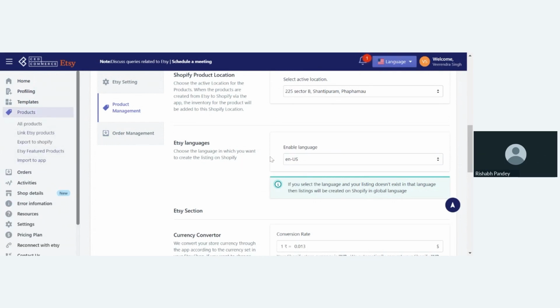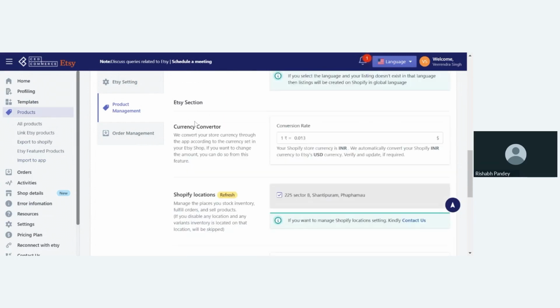And after this, we have the Etsy section in the product management settings. So the first setting here is the currency converter. Now this setting is used when you have different product currencies in your Shopify store and Etsy shop. Like for example, you can see my Shopify store is Indian rupees and the Etsy store is in the US dollars. So in that case, to send the correct pricing, you need to provide the value in here